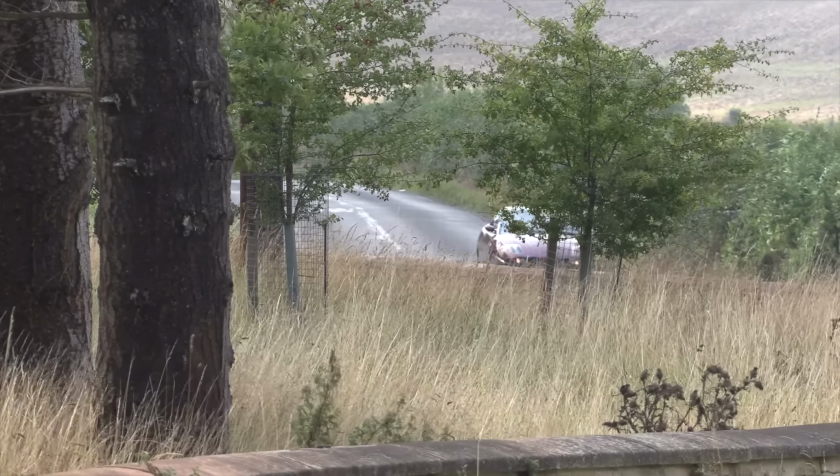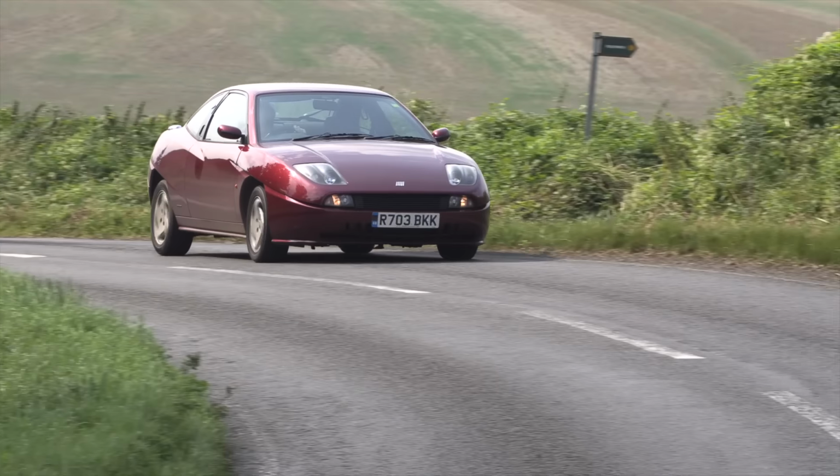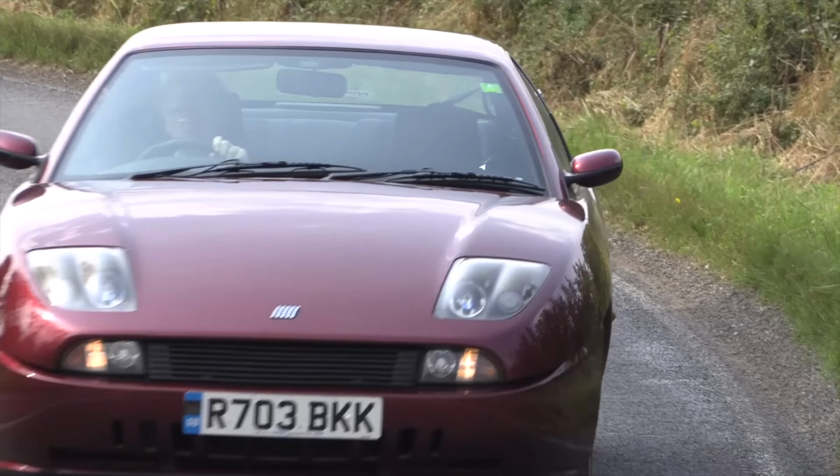I mean, it still drives pretty well. I'm not feeling like the steering is unnecessarily slow, but I think it would have given it a sense of liveness and a sense of agility that is perhaps a little bit more